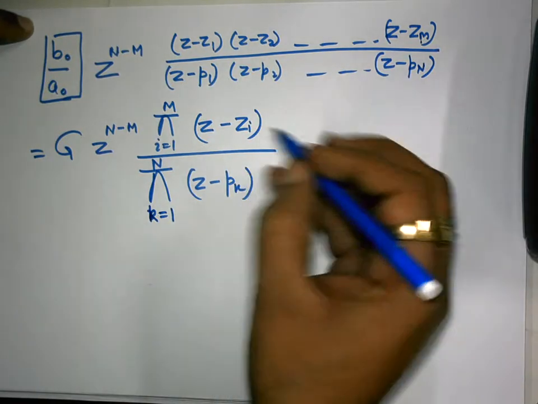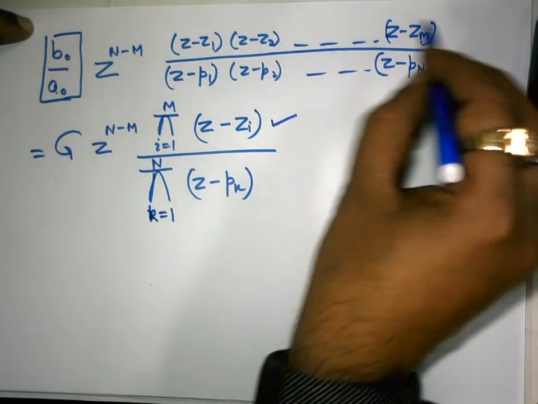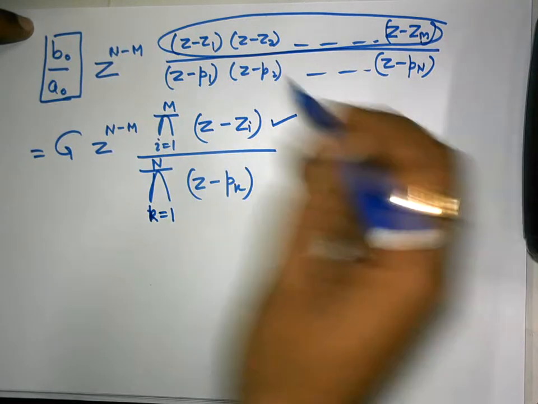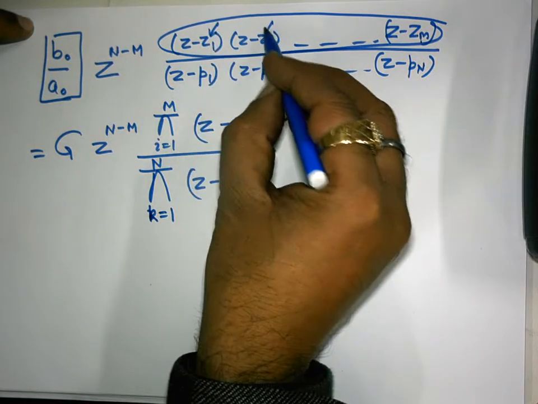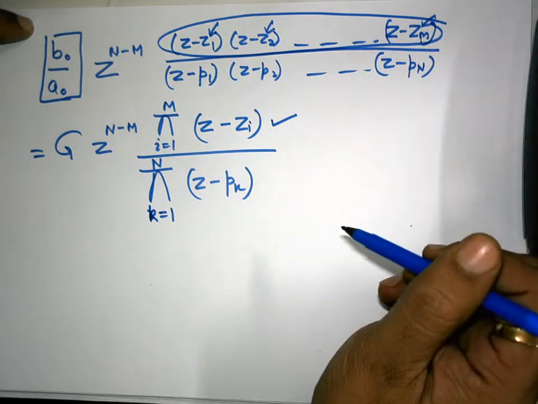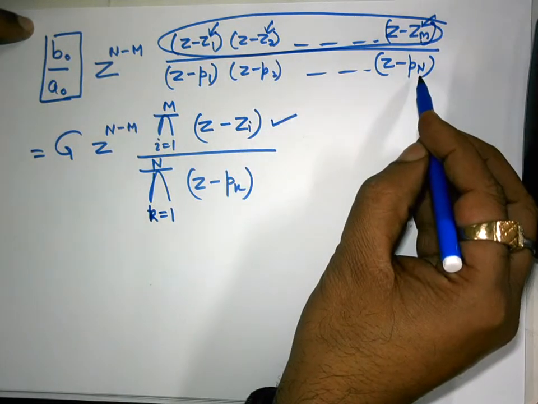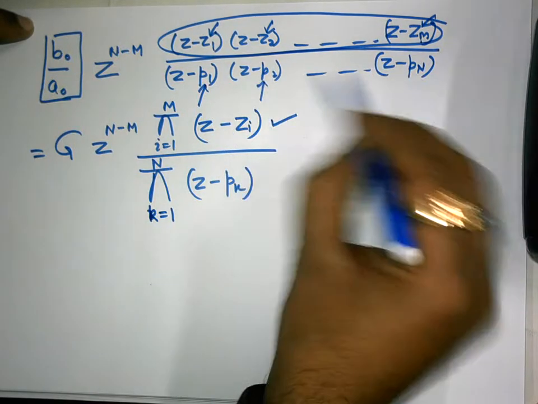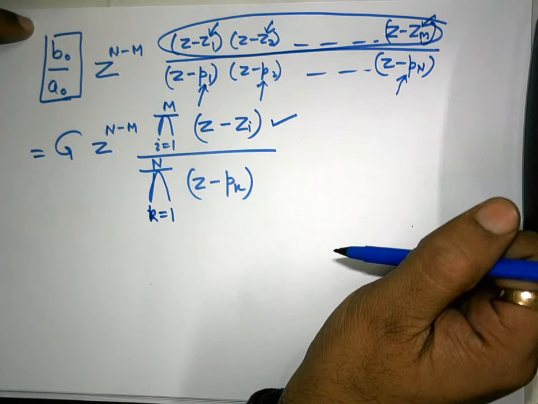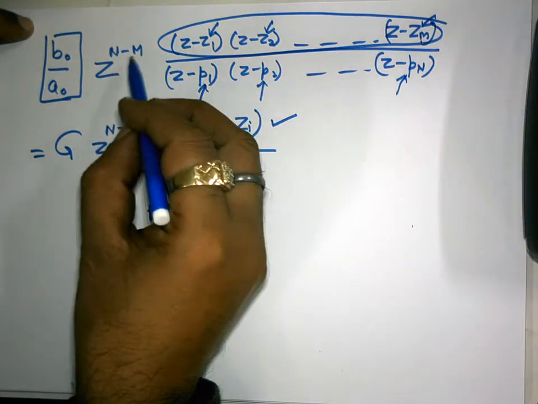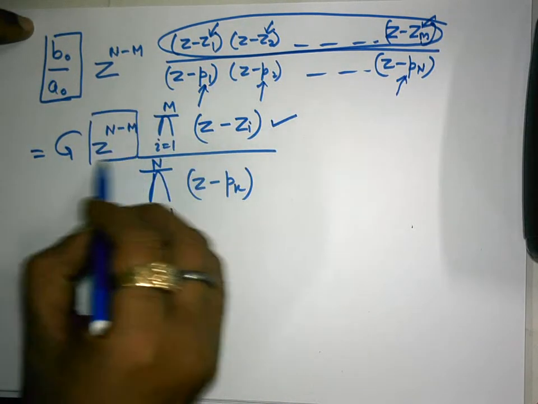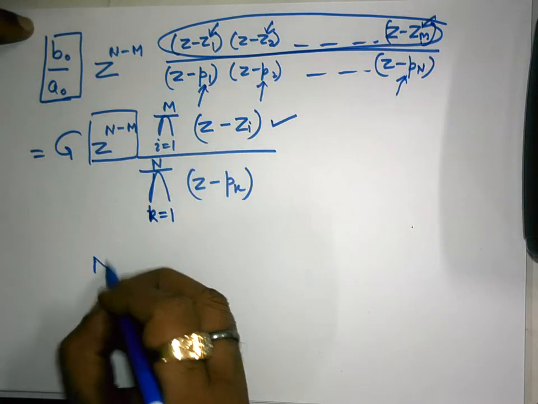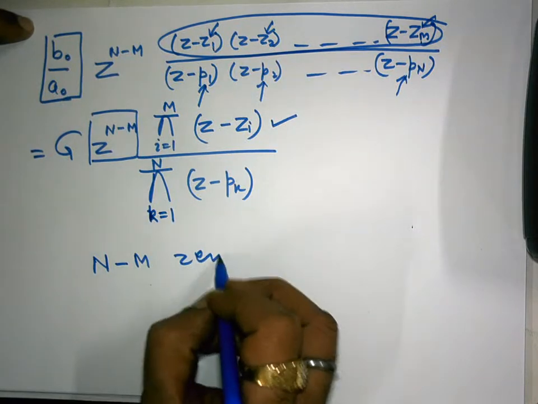So from this equation, it is apparent that this is having m zeros situated at z1, z2 and zm, and n poles situated at p1, p2 and pn. And the rest of the term, if you see this term, this will give you n minus m zeros